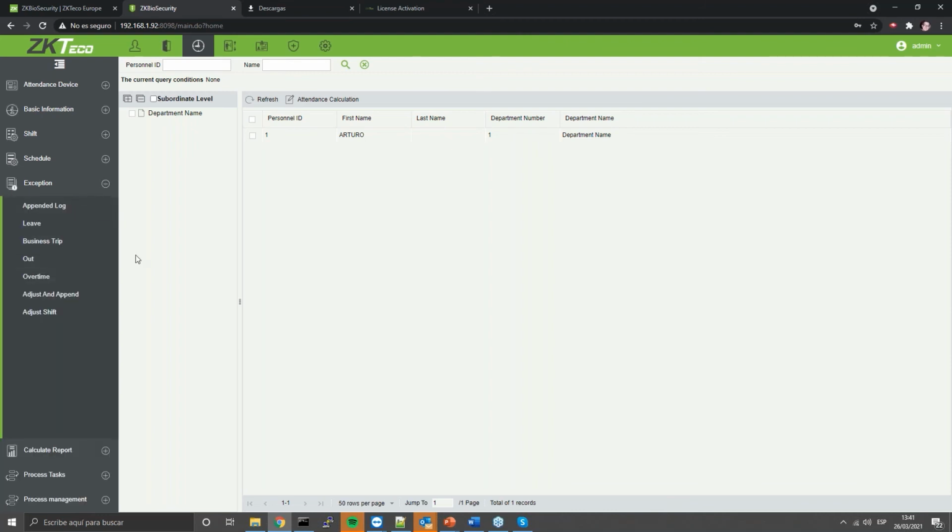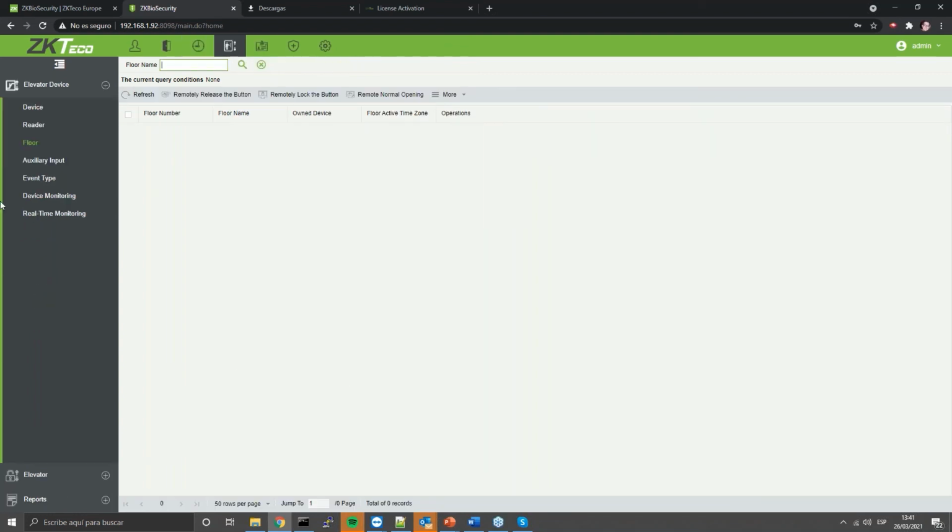Another thing about the exceptions. This would be what is shown in the personal self-login. Okay, this would be what is shown in the personal self-login. The possibility to register appended logs. Okay. For the rest of the